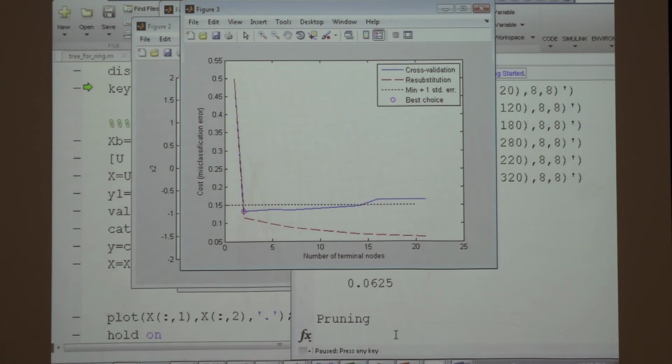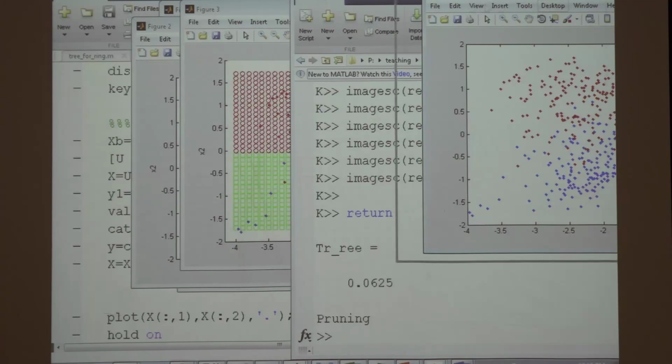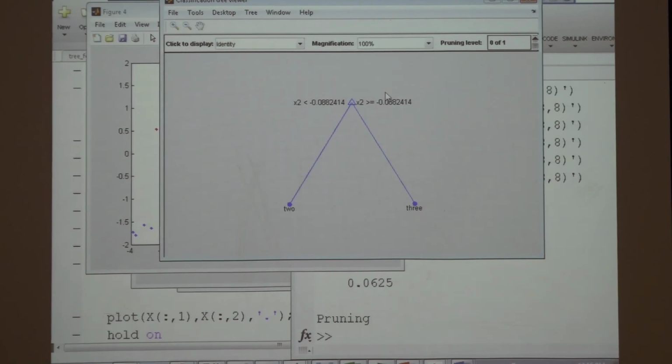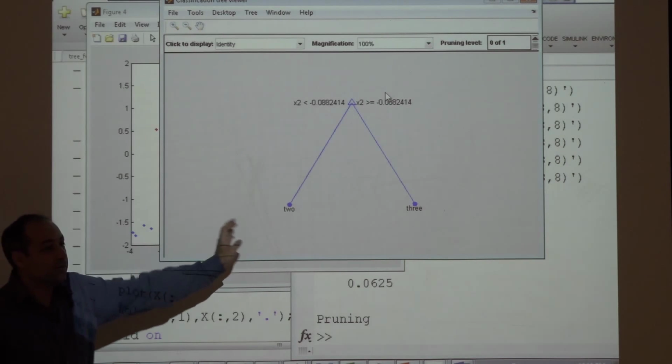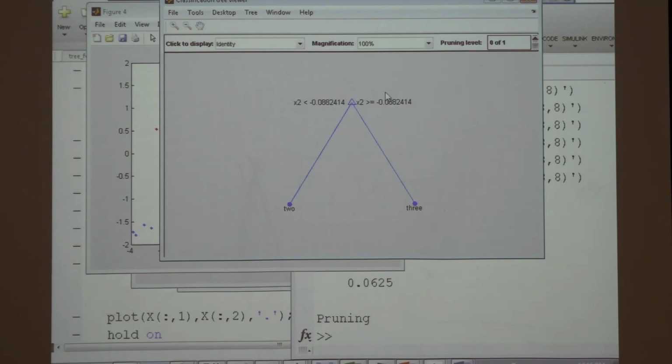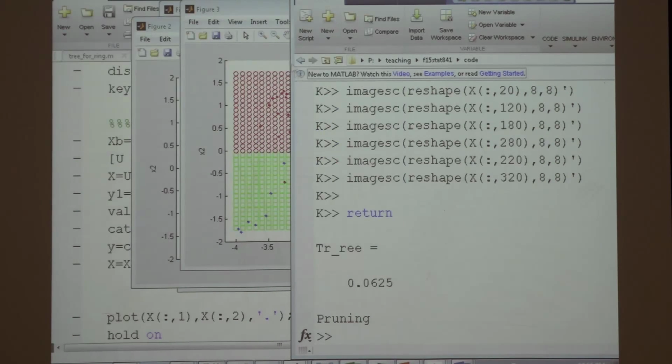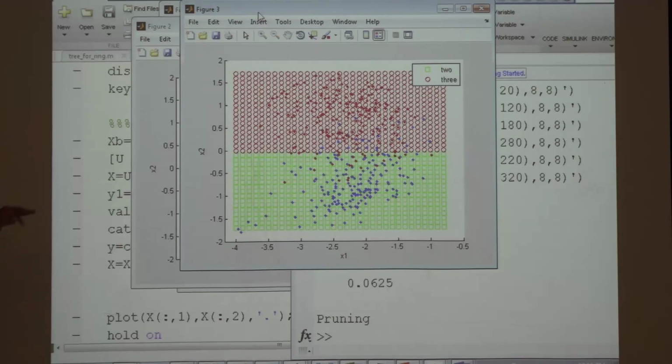So that would be the tree after I prune it. It's going to be only 2 and 3 on one line, and that would be the decision boundary. So it seems that this is going to perform the best on test data. So between these 2 extreme values, where I have only 2 nodes and where I had many nodes, you can